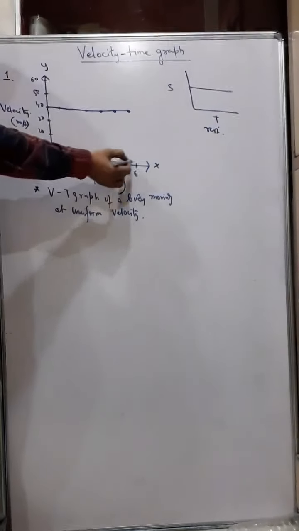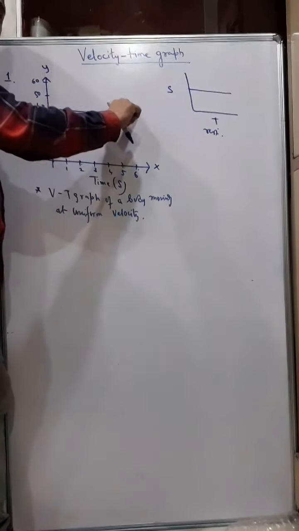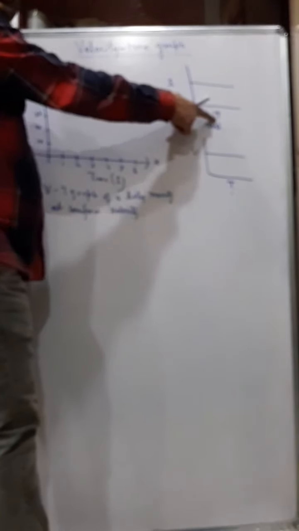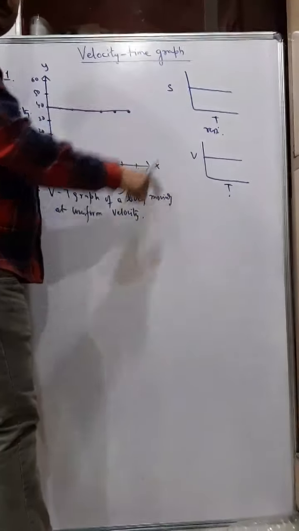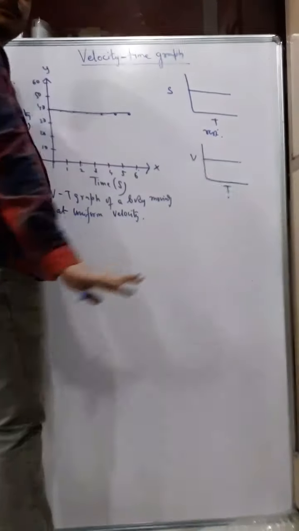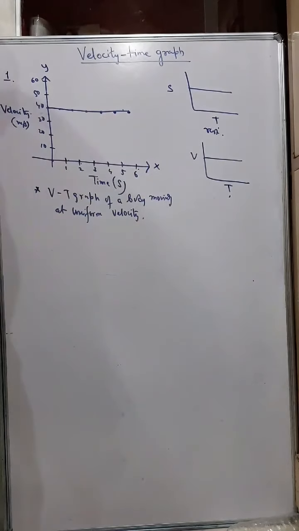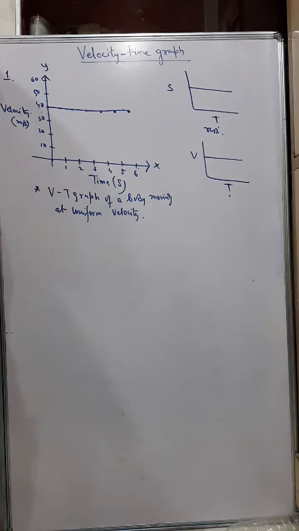That means in this case initially the velocity of the body was 40, and after 1 second, 2, 3, 4, 5, 6, the velocity remains to be 40. So that means the body is moving at uniform velocity. So you have to understand, sometimes you may get confused. If you get a VT graph of this shape, and if you get a ST graph, that's the displacement time graph of this shape, they both are different. In this case it is rest, but in this case it is in motion and it is in uniform velocity. So therefore in case of velocity time graph, if you get a graph parallel to time axis, that means the body is traveling at uniform velocity. Okay.